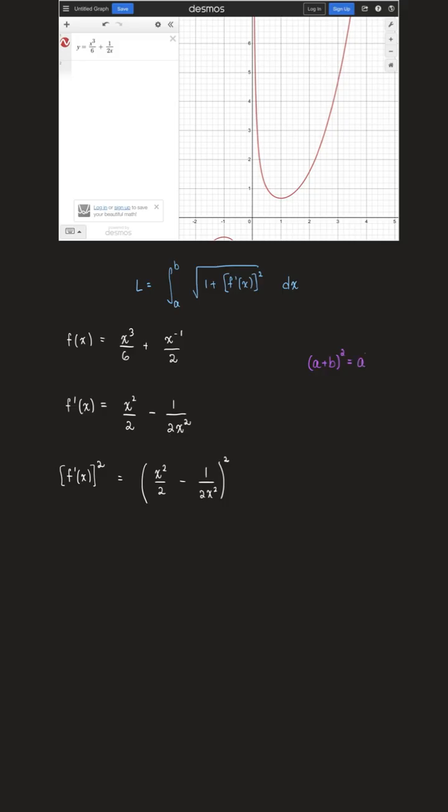They will be a squared plus 2 times the first times the second plus the second squared. And if it's a difference of terms on the inside of the binomial, then this positive will just be a negative. So let's go ahead and square our derivative, and we will get